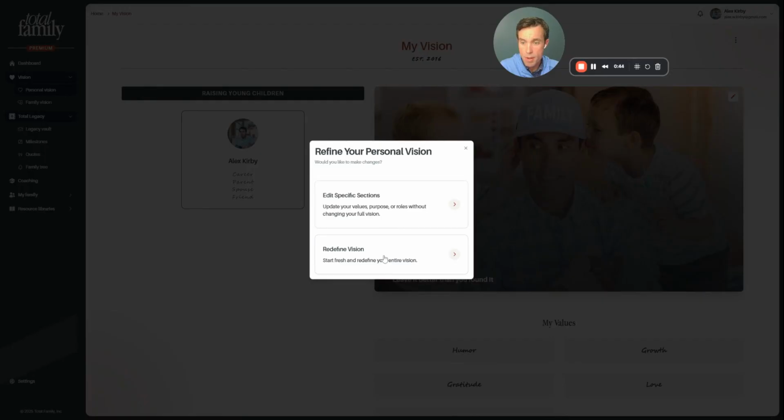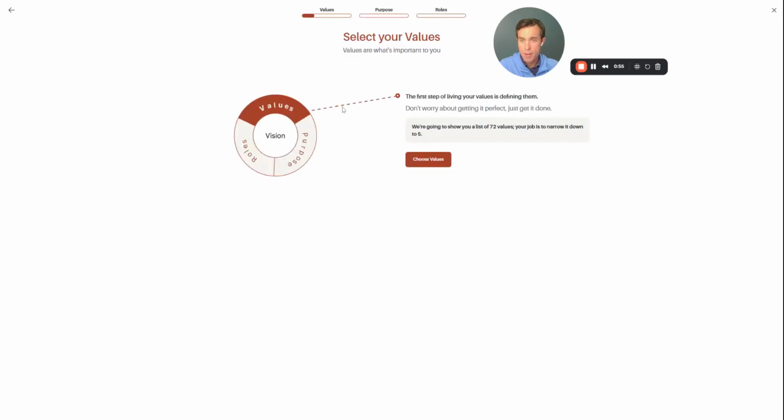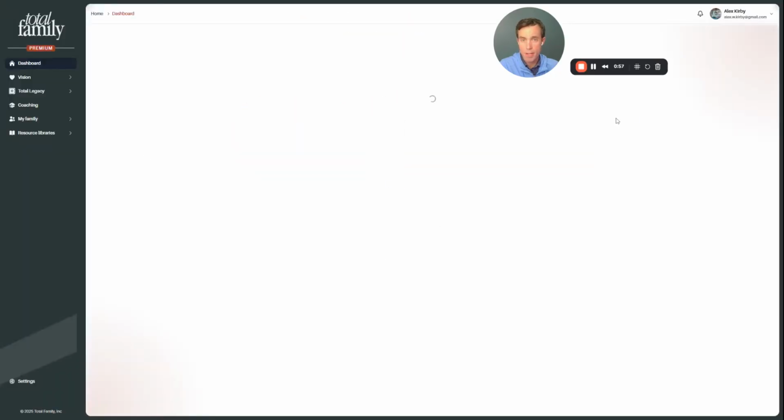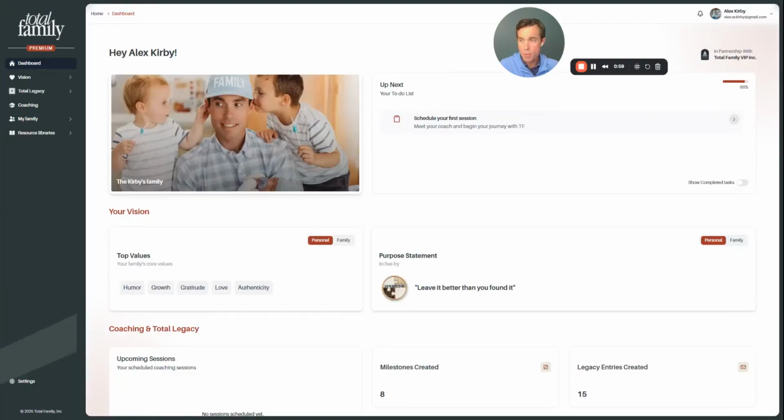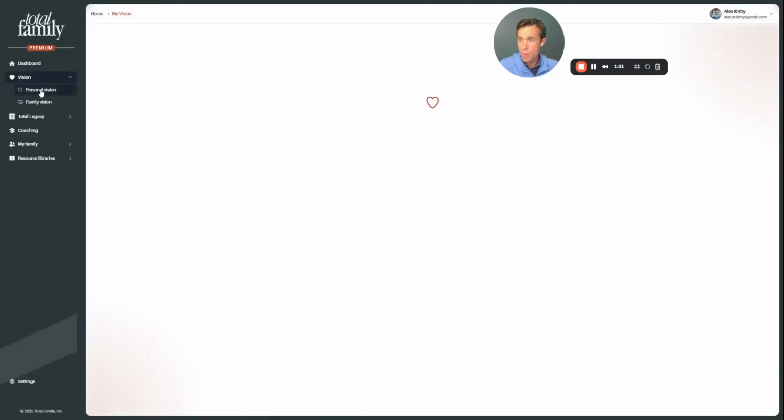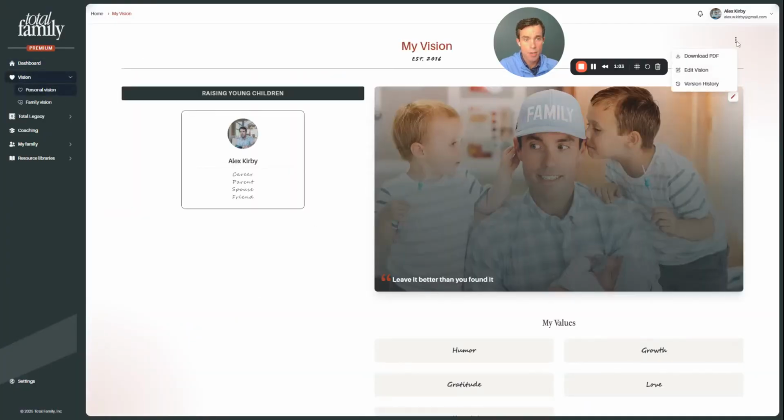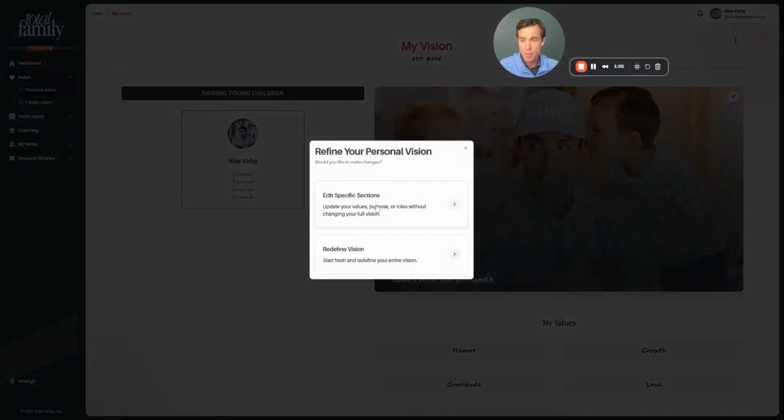But then you can go into vision and do a full redo of vision. If you just start thinking, I want another shot at that, you can go back through and redo your entire vision. Or if you just want to go through and change one small aspect of vision, if you hit edit